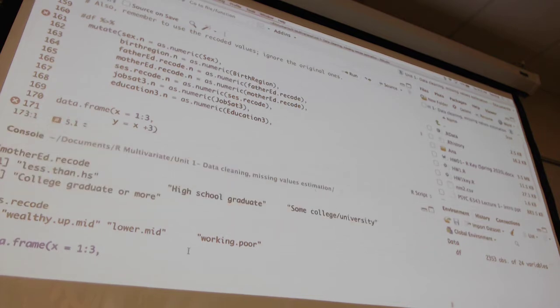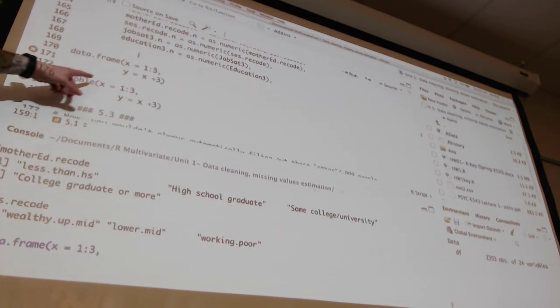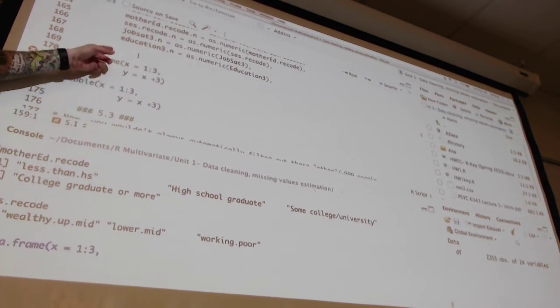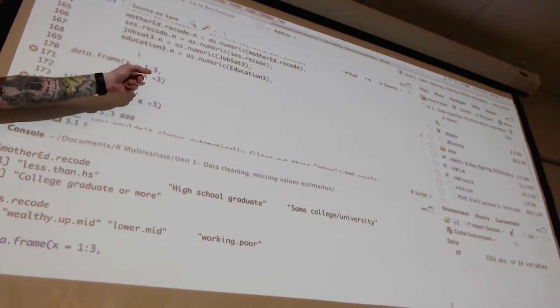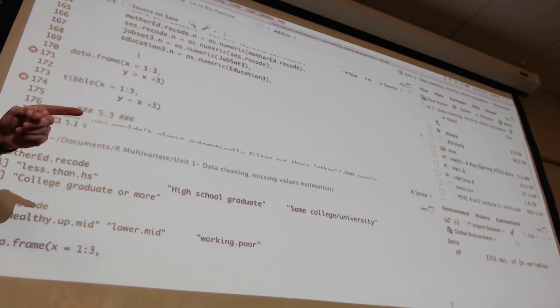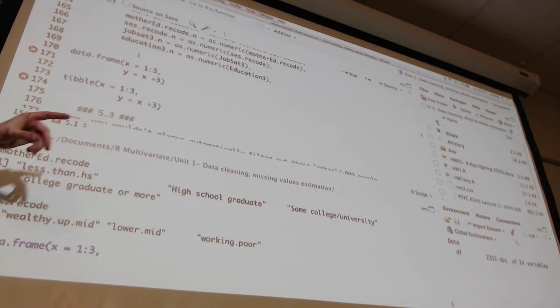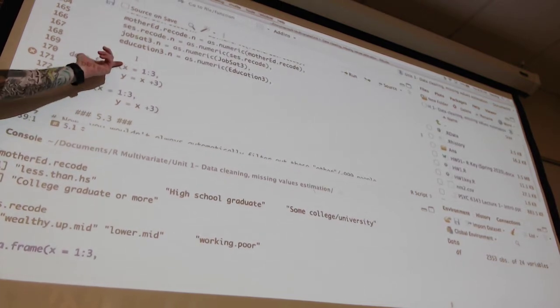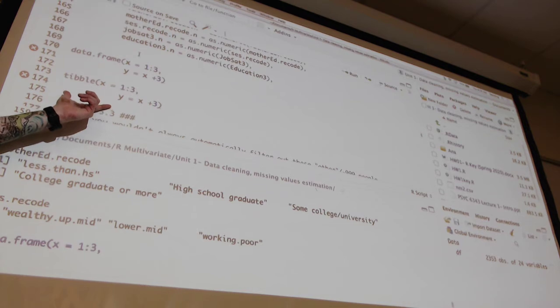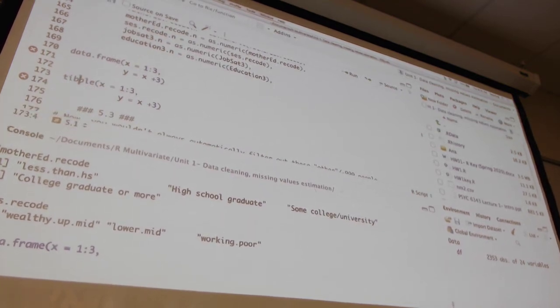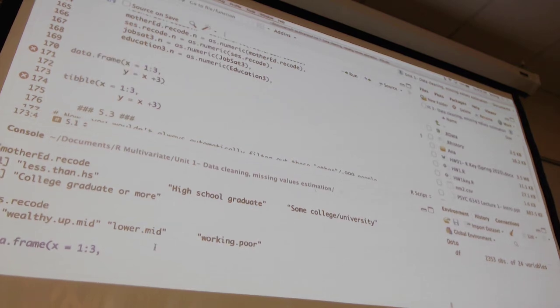Instead I would have to make a data frame where x is 1 through 3, store that as an object, and then say, now make y x plus 3. But with tibble, which is the tidyverse data frame, when we run this chunk of code,